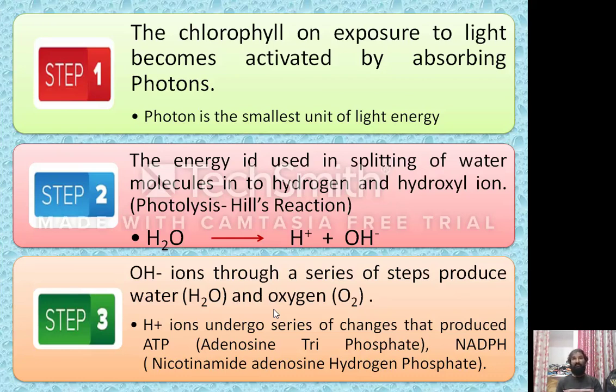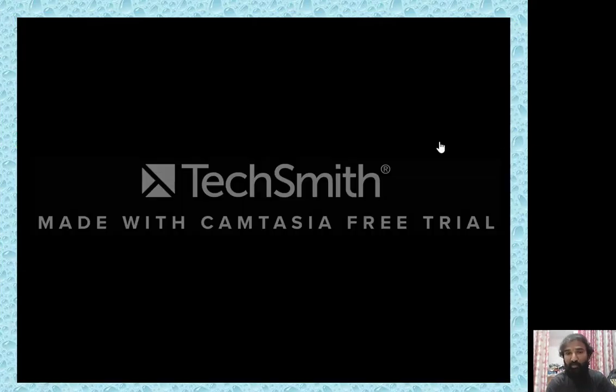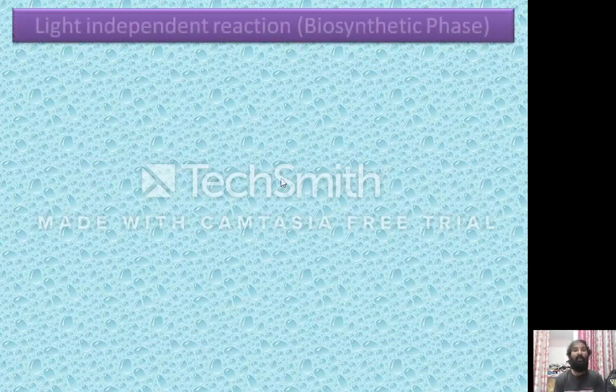power. This assimilatory power is especially used in the second phase, that is the light independent phase. During the presence of light, the plant is always involved in the light phase to produce ATP and NADPH plus. So in the previous session, we discussed how the molecules are involved in the electron transport and how the ATP is produced. In this session, I'm going to explain the light independent reaction,